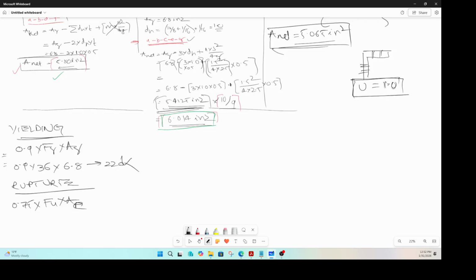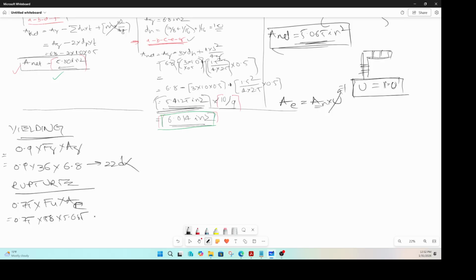U will be 1.0 when both the legs of a tension member are connected. So A effective is nothing but A net times U. Since U is 1, A effective is nothing but A net. So you take 0.75 times your 58 times your minimum net area,